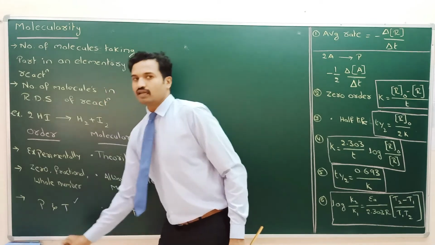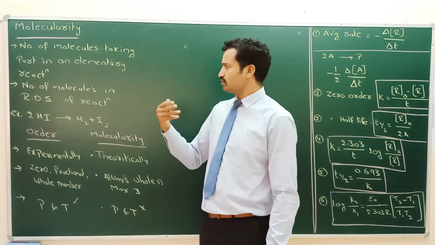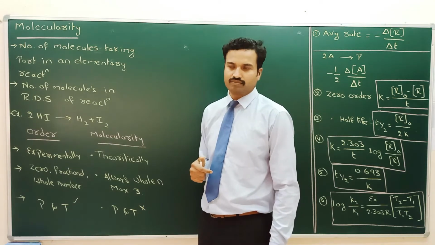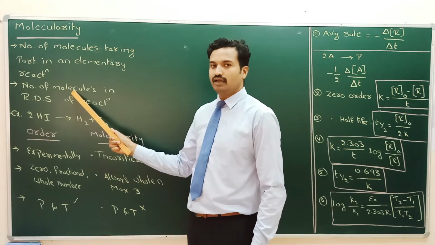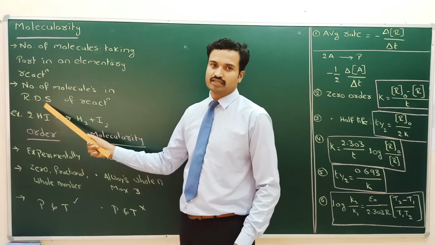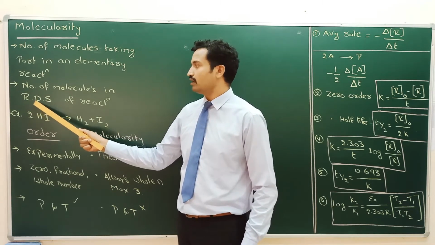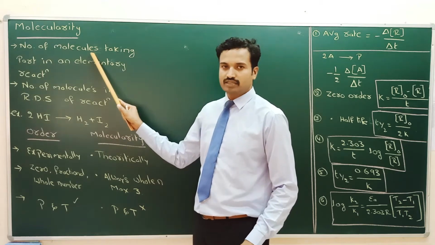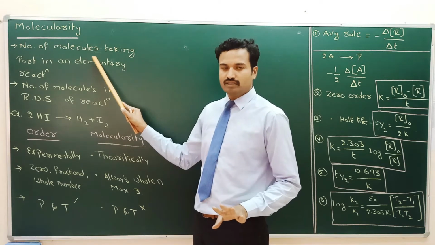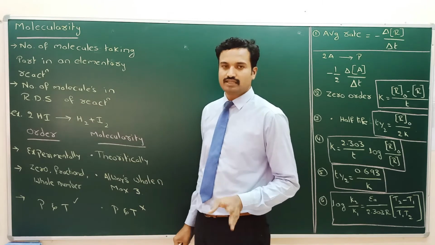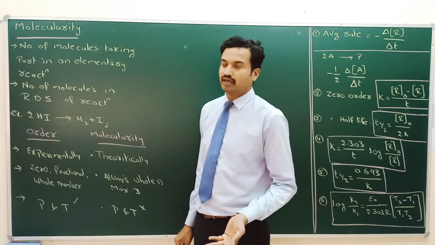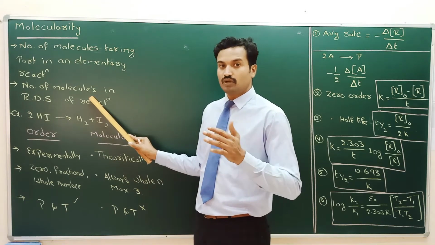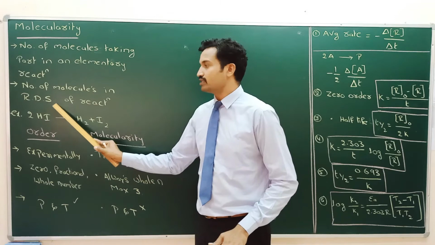Here reactions are classified into two types based on speed: slow step reaction and fast step reaction. Molecularity can be calculated at the slow step of a reaction. The slow step is also called the rate determining step. Again, molecularity of a reaction is the number of molecules involved in an elementary, single step reaction, the total number of molecules. If it is a multiple step reaction, it is the number of molecules involved in the slow step, or rate determining step, of a reaction.